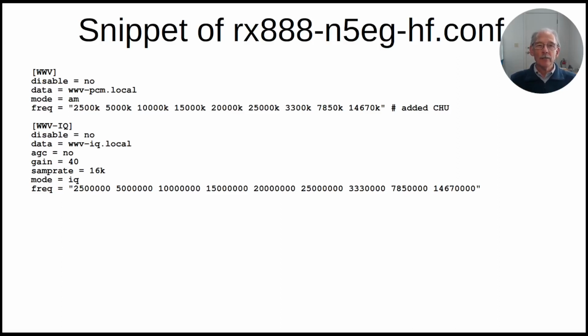The gain is 40 dB, which prevents clipping on strong signals. The sample rate is 16,000 samples per second. The mode is IQ, so it puts out I and Q separate data streams. And it's the same frequencies as the previous one, but they're identified differently. In this case, 2,500, meaning 2.5 megahertz, and so on for the rest of the channels. The frequencies can be identified either way, the K indicating kilohertz, or an M indicating megahertz, or no suffix indicating